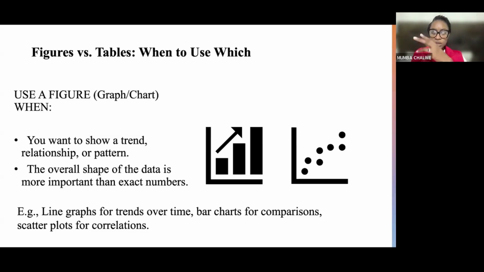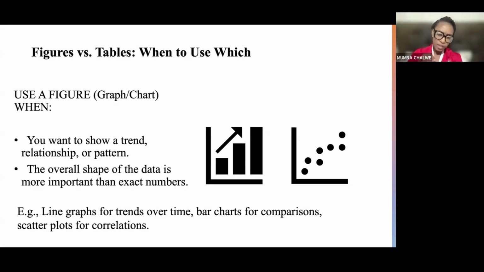then you really want to use a graph or a chart, because the overall shape of the data, how the data looks over time or in relation to each other, the scatter plot, it's more important than the exact number. Sometimes the population size may be so small that you're not able to look at the absolute numbers. But when you display it in a figure, you'll be able to see the discrete